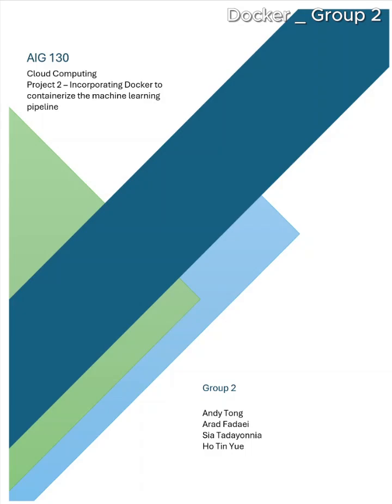This is the demo for our AIG 130 course, Project 2. In this project, we took an existing machine learning solution and turned it into a Dockerized pipeline. Our goal was to create a portable and reproducible environment, so that the model runs the same way on any